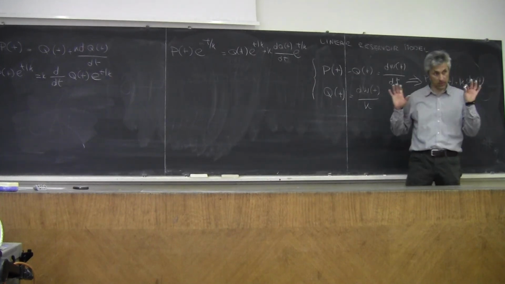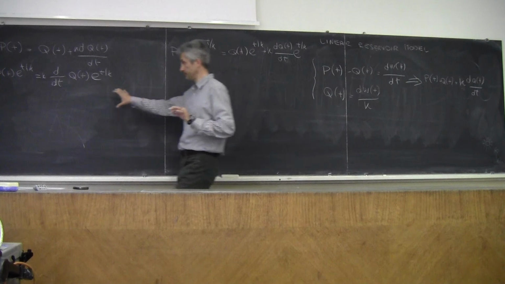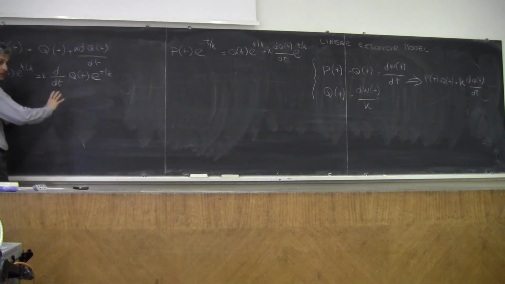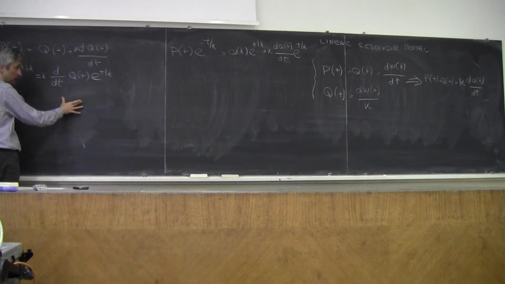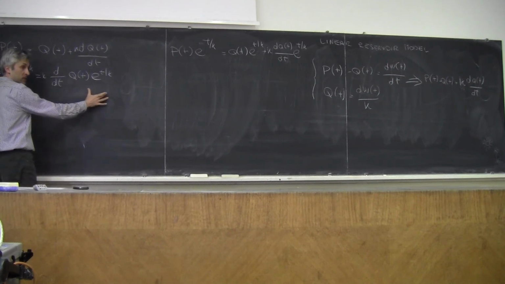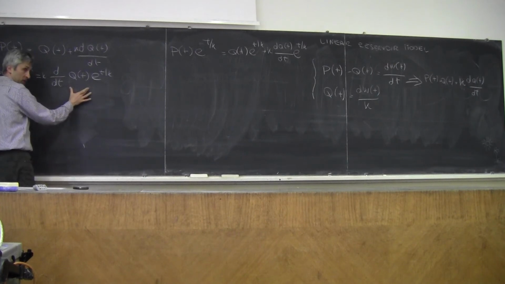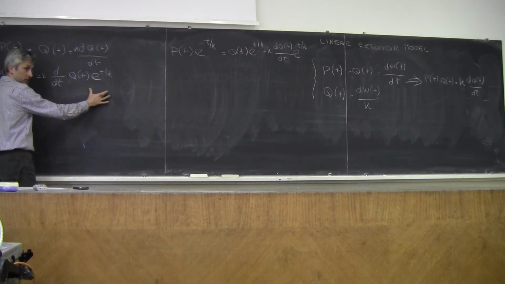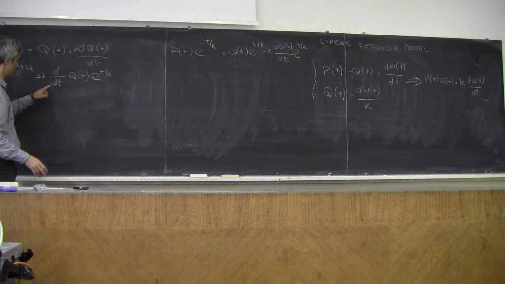And now let's prove that this is true. I think it is straightforward, but let's prove that this is true. You know that the derivative of a product is given by the derivative of the first term of the product times the second term unchanged, plus the product of the first term unchanged times the derivative of the second term. So if I want to write this,